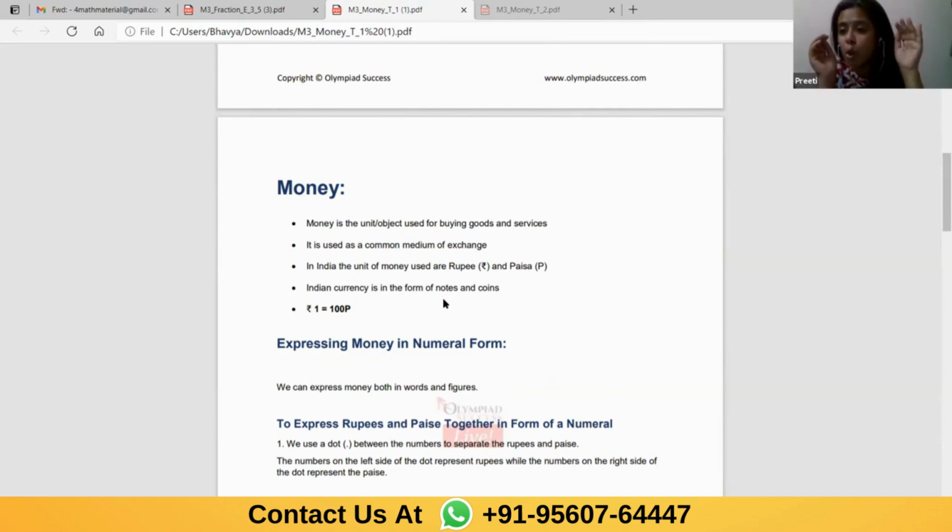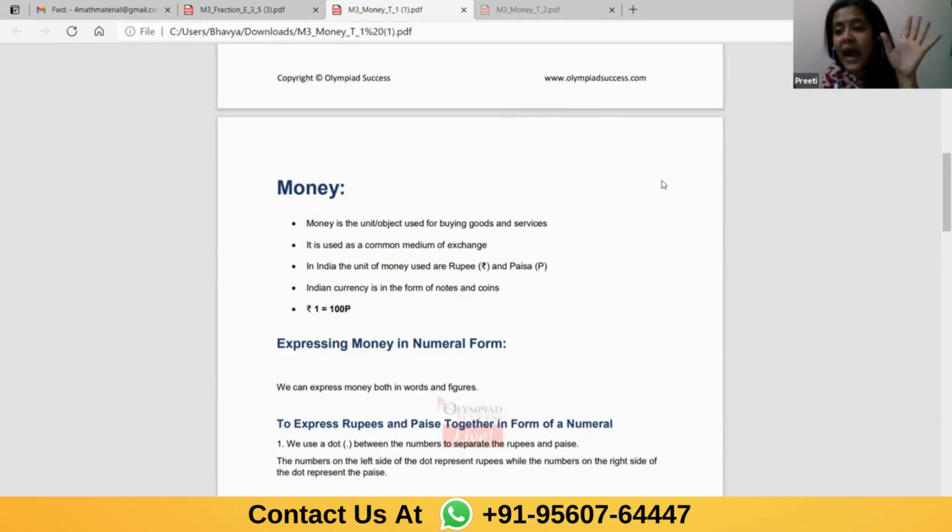There is a new coin in the market, which is of 20 rupee. And when I talk about notes, 1 rupee note is very rare to find now. 2 rupee note is also very rare to find. 5 rupee note, very rare to find. Why? Because we generally use coins of these denominations. But yes, notes do exist. 1 rupee note, 2 rupee note, 5 rupee note exist in India, but you will rarely find them. I've seen the 10 rupee note also, and 20 rupee note, 50 rupee note, 100 rupee note, 200 rupee note,